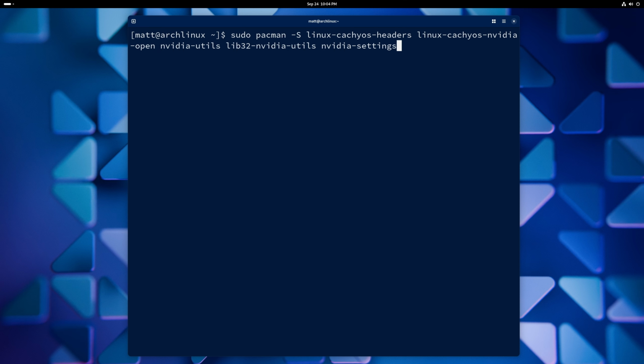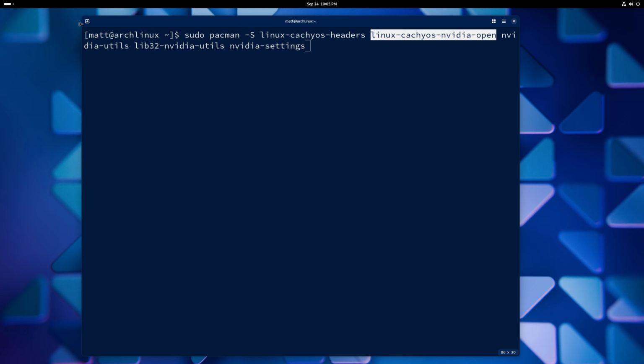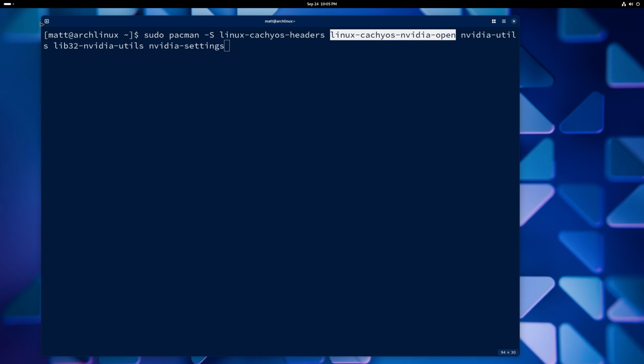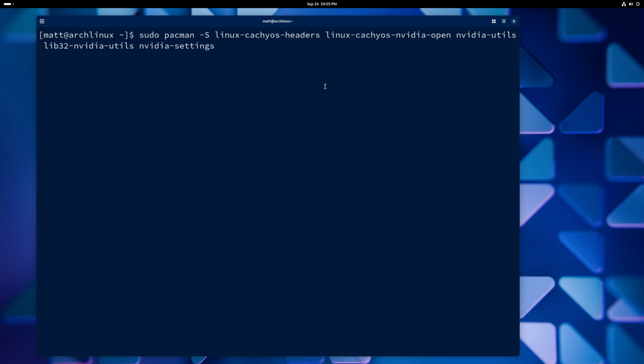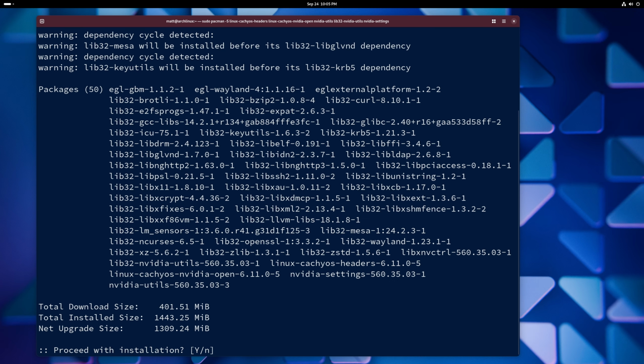Now, these kernel modules right here, that's what they are. They allow you an out-of-box experience when it comes to NVIDIA, okay? No joke, not even fibbing. And every time a new kernel comes out, these drivers and these modules will get updated so you have an out-of-box experience, okay? So it's going to install a whole bunch of stuff that's needed, including EGL GBM and EGL